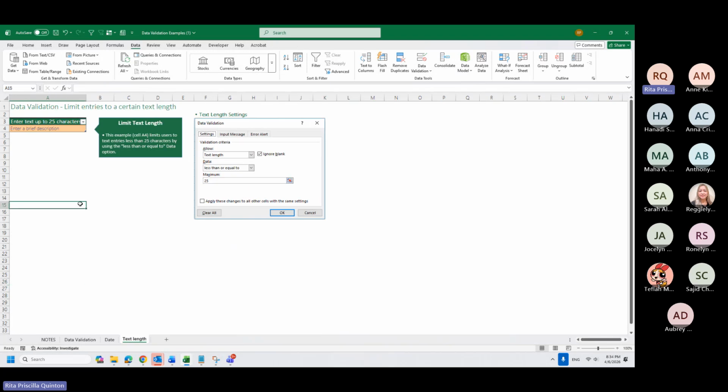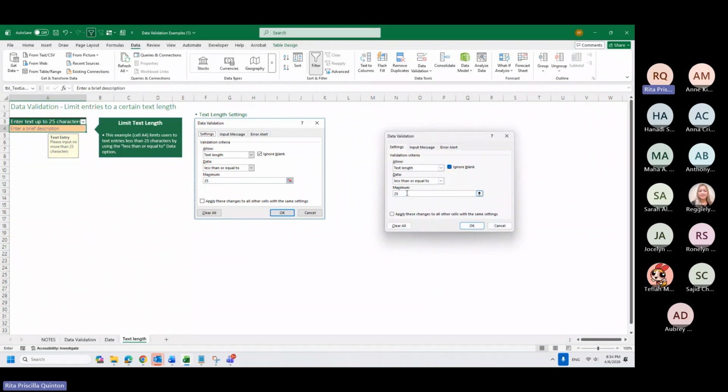In text length, I think this one is also useful for some of us. This is data validation where you set how many characters you will allow the user to use. For example, in a real-life situation, we have a shared file with home healthcare.